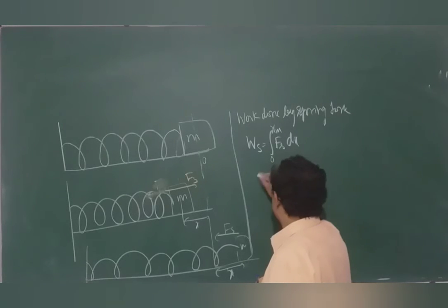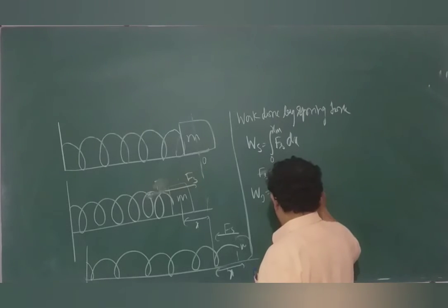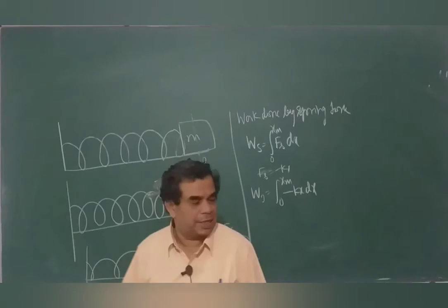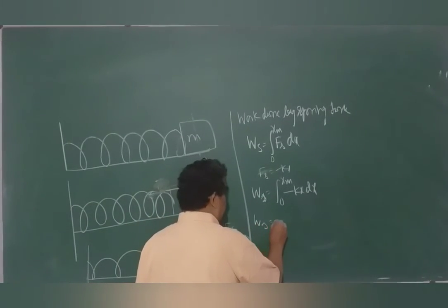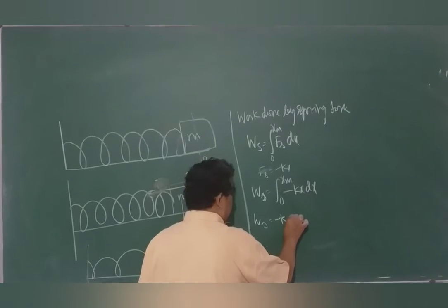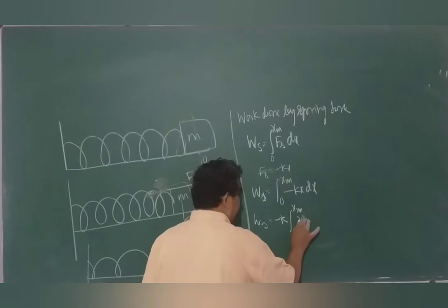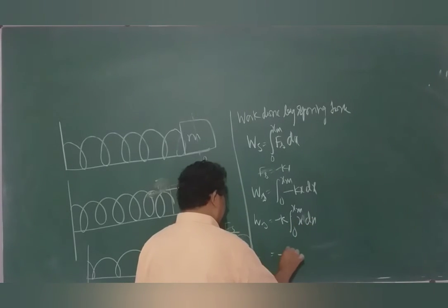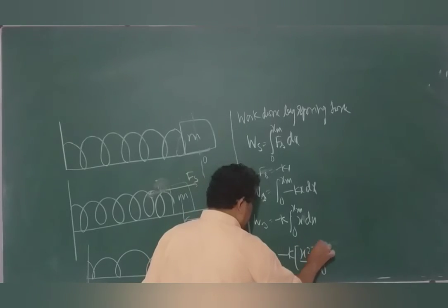And observe here, Fs, as we know, is given by minus kx. Ws equals integral from 0 to xm of minus kx dx, and therefore Ws equals minus k integral from 0 to xm of x dx. If we integrate this, minus k x square by 2 from 0 to xm,